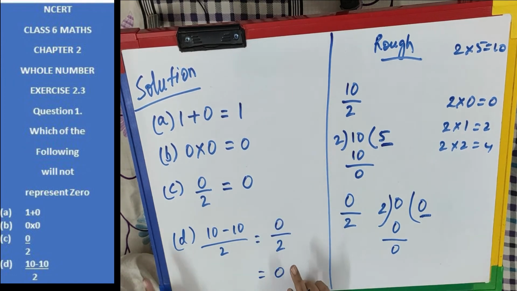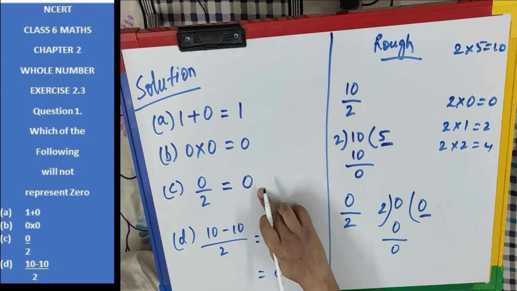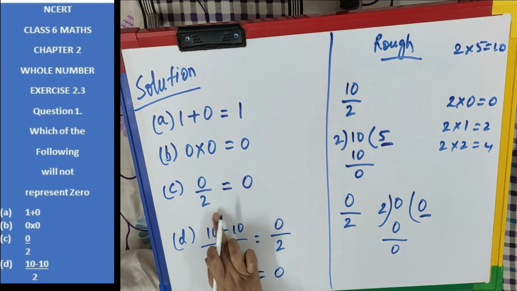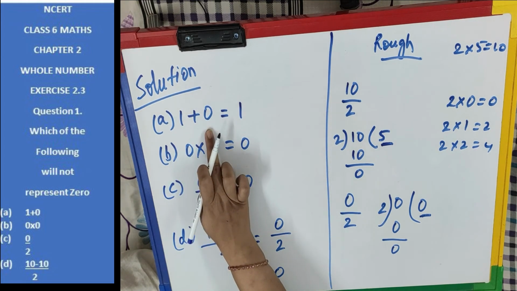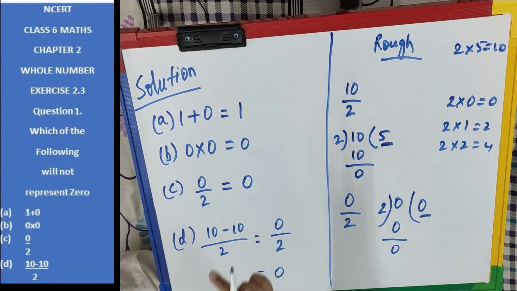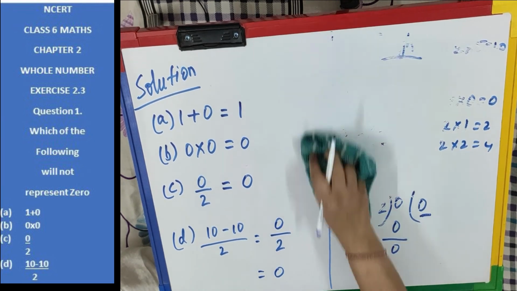So the question is, which of the following will not represent 0? See, this represents 0. This C part also represents 0, meaning C is equal to 0. This equals 0, this also equals 0. Only this one is not equal to 0, which means it doesn't represent 0. So the answer will be A. The first option will not represent 0. So what can we write? We can write it like